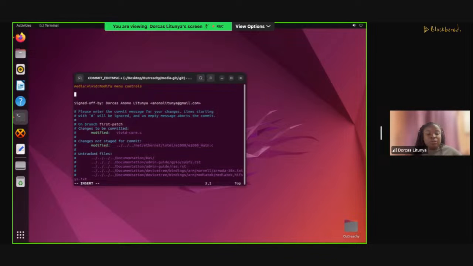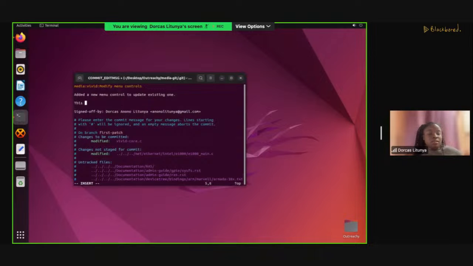And then after skipping a line, you say, added a new menu control to update existing one. Okay, so added. Here you don't need to say this patch, that. No, you just get direct to the point. Like, what are you doing? And sometimes you need to write this and then why is it useful? So this gives user more menu options or something like that. Well, this Vivid thing normally has a graphical user interface, and so that will